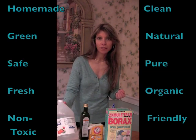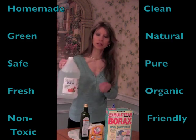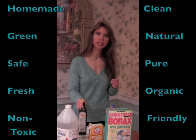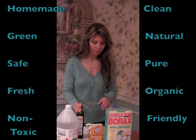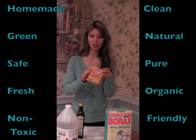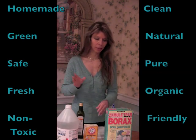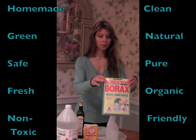Basically, you're going to need white vinegar, and I usually buy the big gallon jug because I use this on many things. You'll need olive oil, baking soda, and I just tape it shut when I'm not using it just to keep it from drying out or moisture getting in, but Arm & Hammer baking soda or any brand, and